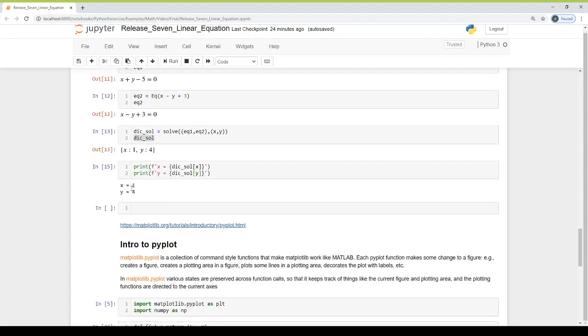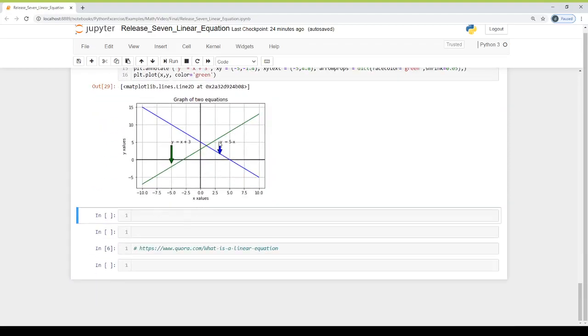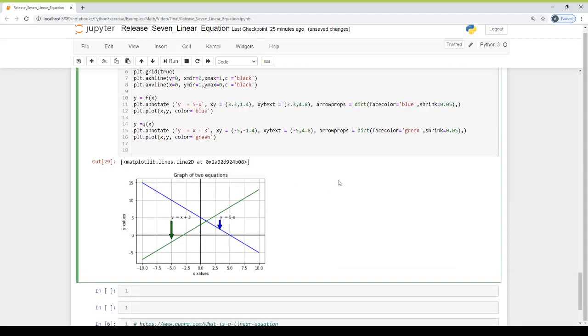And this is our solution. Our solution was x value is equal to 1 and y value is 4. This is where the lines are crossing, 1 and 4. To show it, to take a note on it, we will call the annotate function. Let's copy and paste.